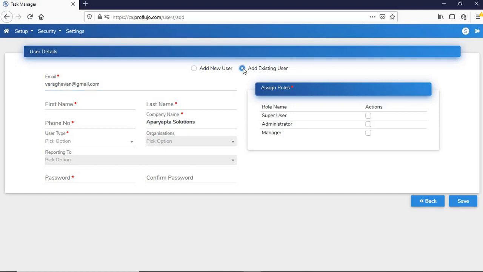He has his own ID. So the moment he is already registered with the, so he is not registered. So I just add him here at add new user. Had he been registered, what would have happened is he would have come here as existing user. Supposing V Raghavan is not an existing user, I can add Shansat